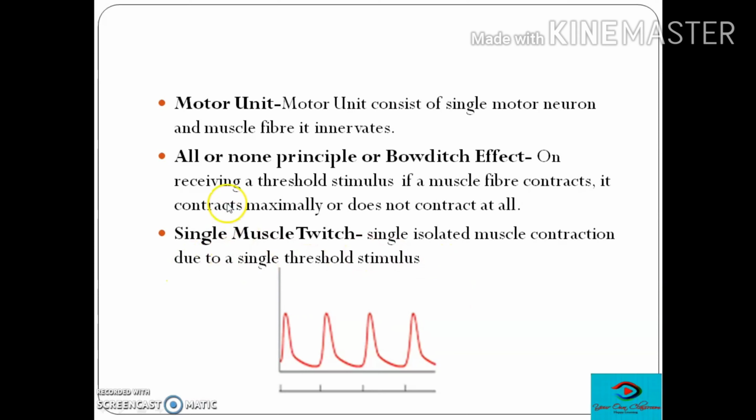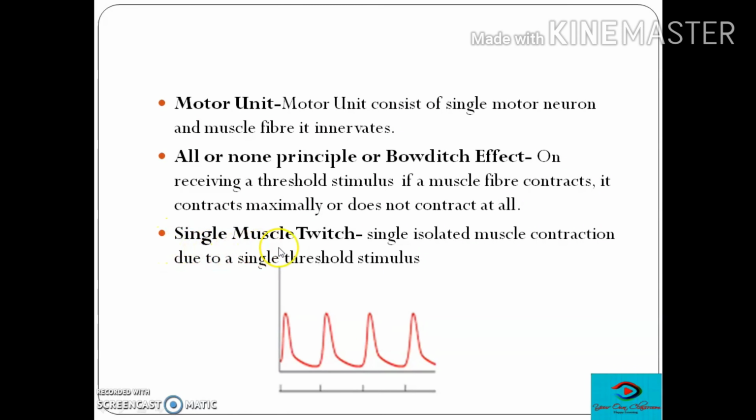So this is called the all or none principle. Just opposite of the all or none principle is the graded potential principle. So what is the graded potential principle? You will see that with an increase in the strength of the stimulus, the effect is increased. For example, in the case of vision, as the light increases, your capability to see increases with it.